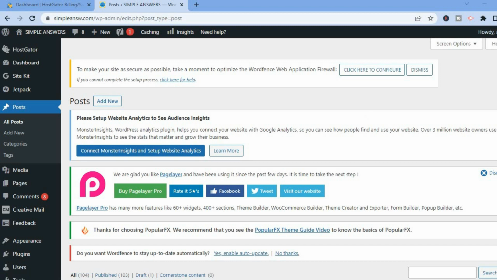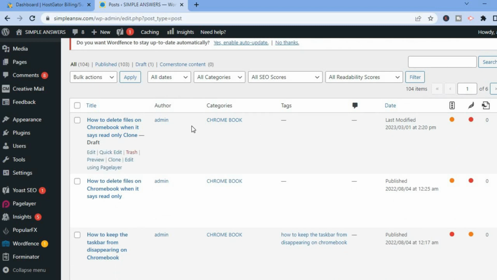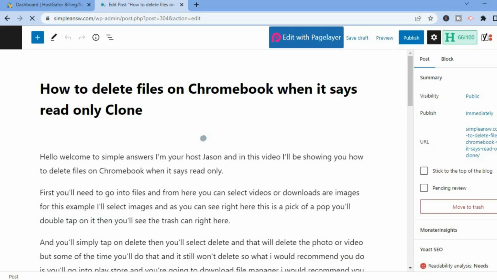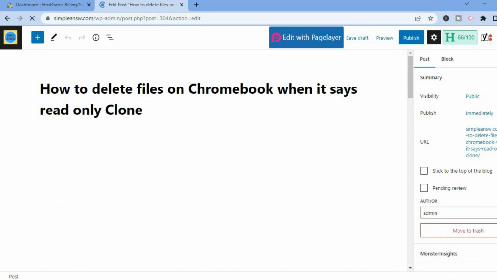After selecting Posts, you are going to scroll down and select the post that you would like to change the featured image for. So you are going to tap on Edit below the post name. After selecting Edit, you'll be redirected to this page, and in the right hand menu option, you are going to